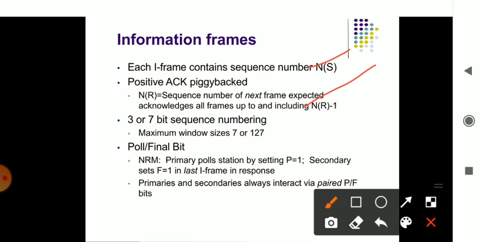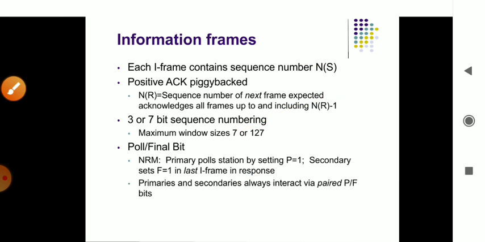It should have the piggyback. Piggyback is nothing but, if the frame has a certain problem, it stays for a certain amount of time, then it gets transmitted. That is information. And sequence numbering is important; the window size is between 7 to 127. That window size will be there. And the primary poll bit or the final bit is a bit used for setting the flag from 0 to 1. It may be set to 1 or 0. If it is set to 1, it will traverse the information, otherwise the information is not traversed.